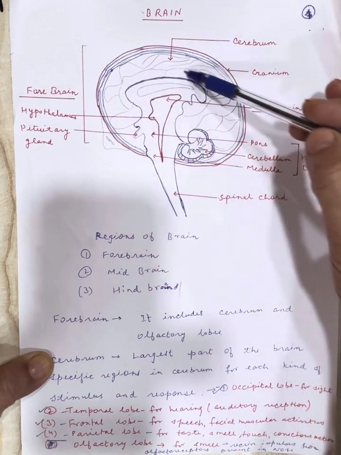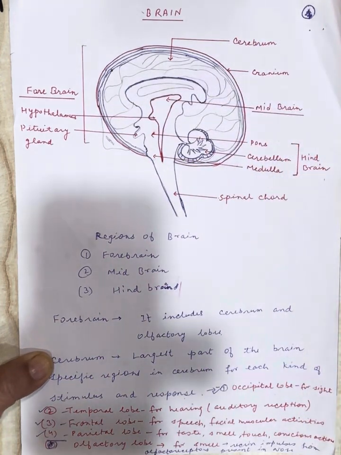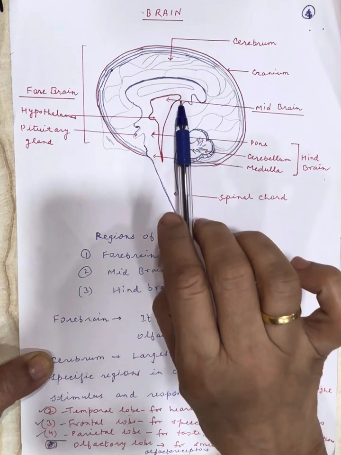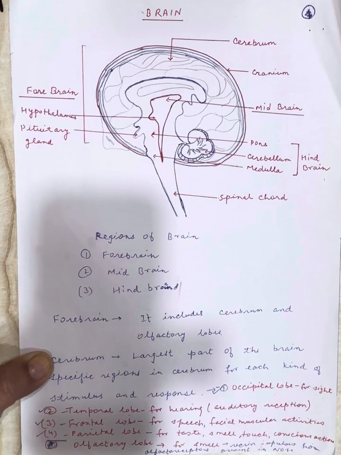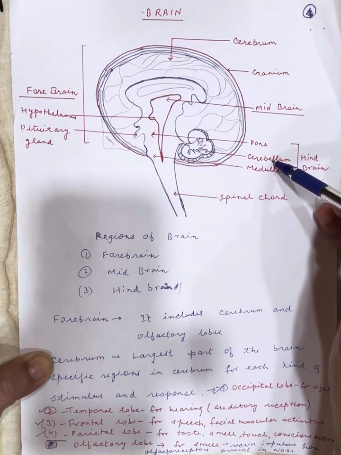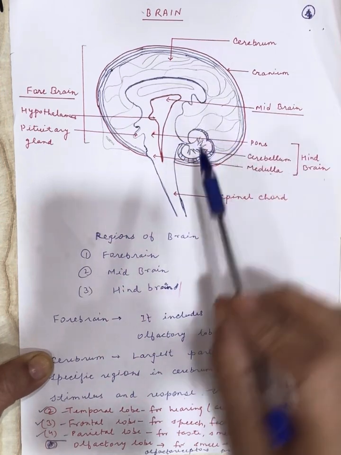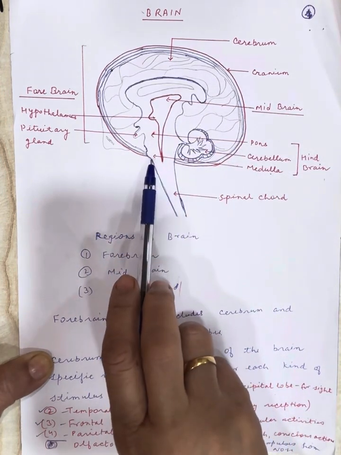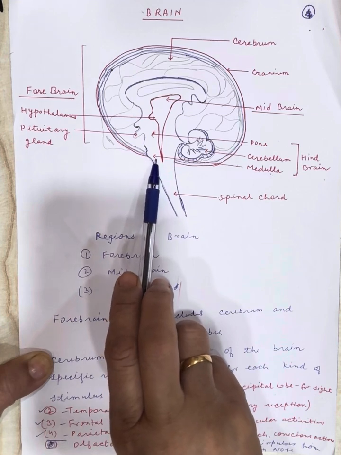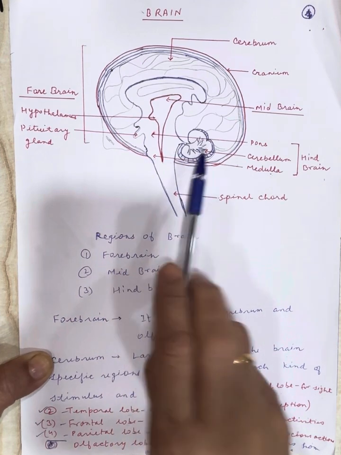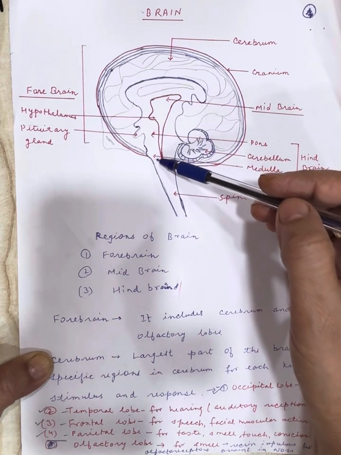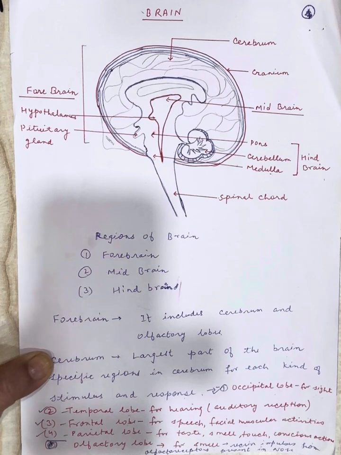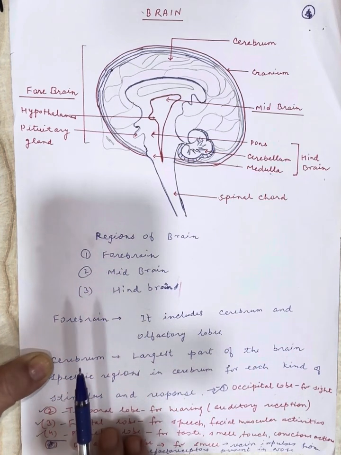You see, this is cerebrum, and the midbrain does not have any parts. This very small, significantly small part we call midbrain, and the hindbrain consists of three centers, and these are pons, cerebellum and medulla. See, this is pons, and this is medulla, and here you see this is cerebellum. And this medulla is the continuation of the spinal cord. Medulla is continuing in the spinal cord. Okay. So here again in the forebrain,